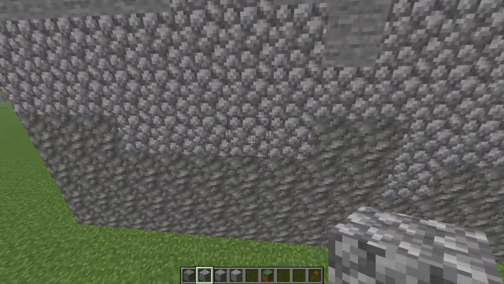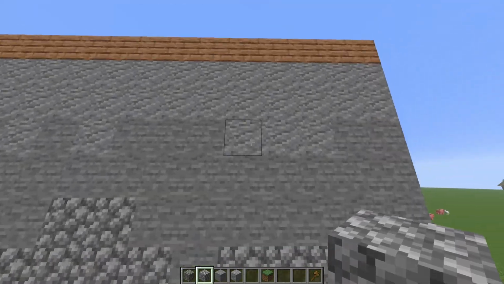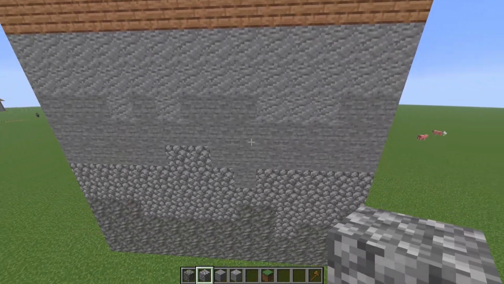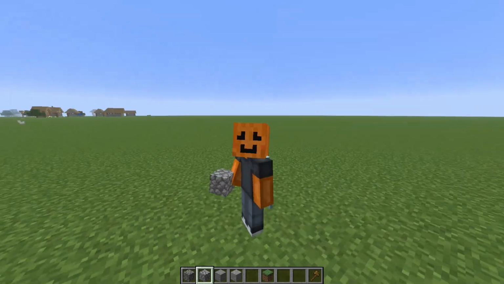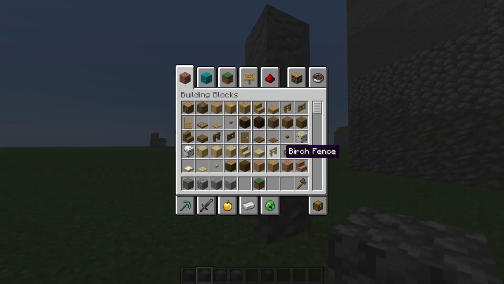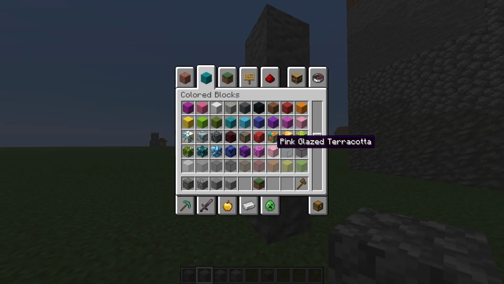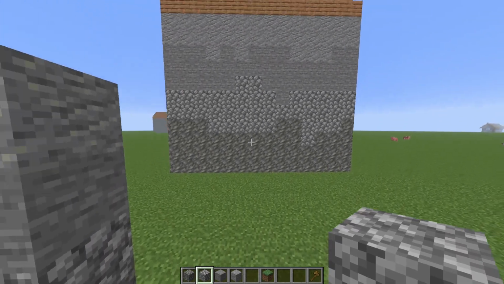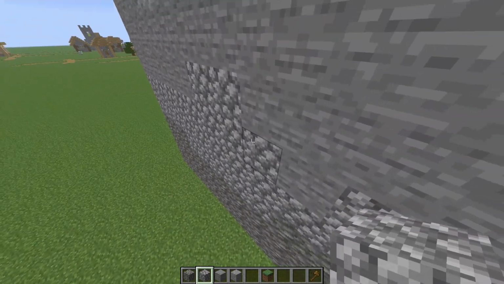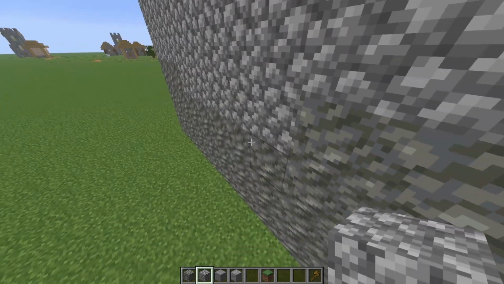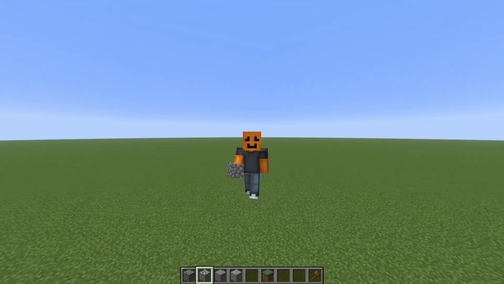Now there's a bit of some harsh lines here and here. This is a bit of a smoother transition. And that's actually interesting because Minecraft has a ton of blocks, so many blocks, in so many different colors, so you can definitely find blocks between this and between this. But I wanted to show that